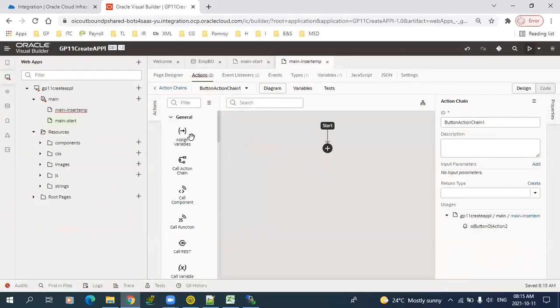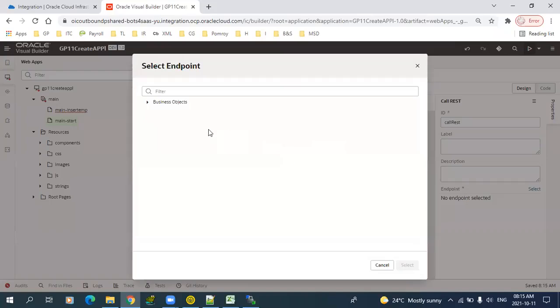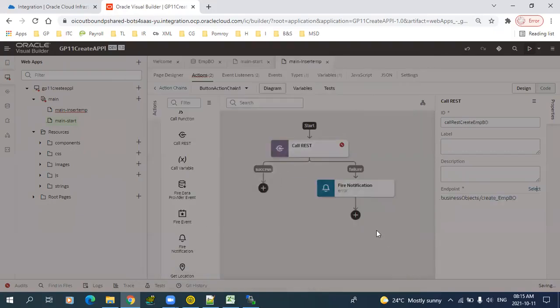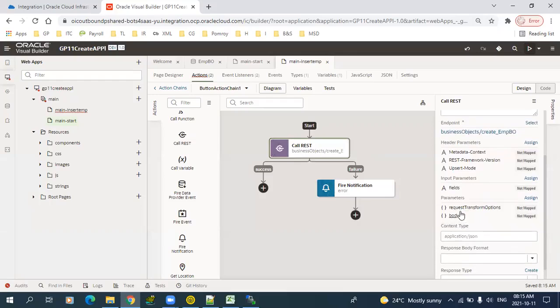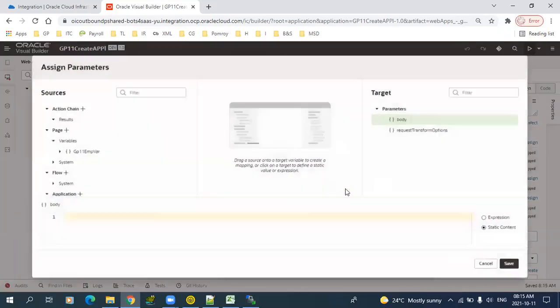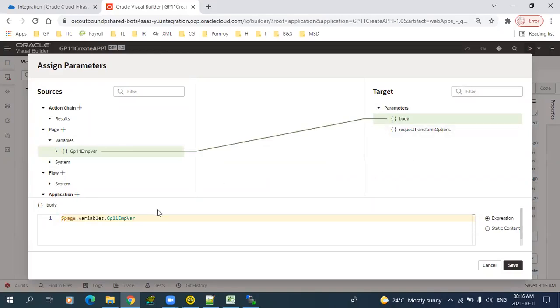So here is my button event. Here call the rest endpoint. Call rest. So here select the operation, business object, employee business object, followed by the post method. Just click on select. The post method can be selected. So here you can see the body parameter. You can map it with your page variable. This is my page variable, GP11 employee variable. You can map it to the body. So that the complete page data can be bound with your post operation and data will be inserted into your